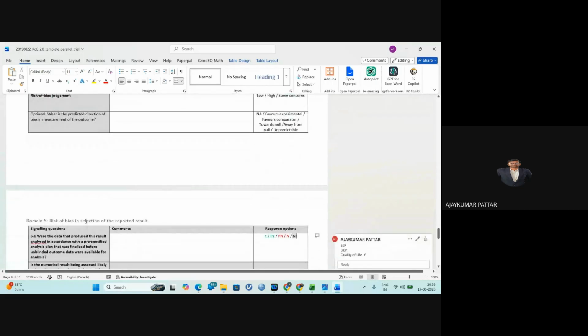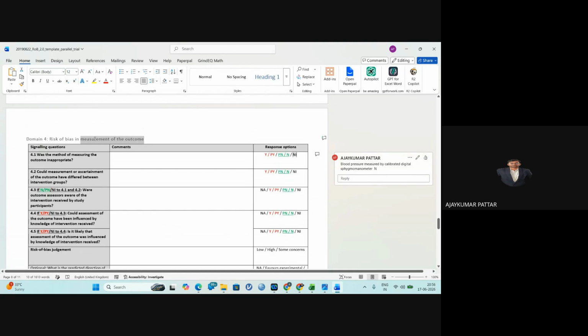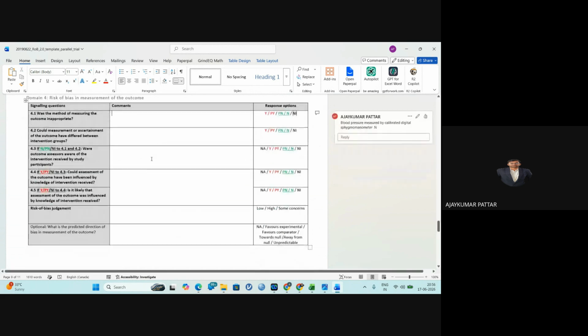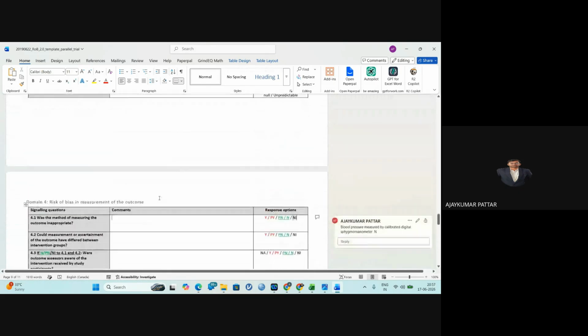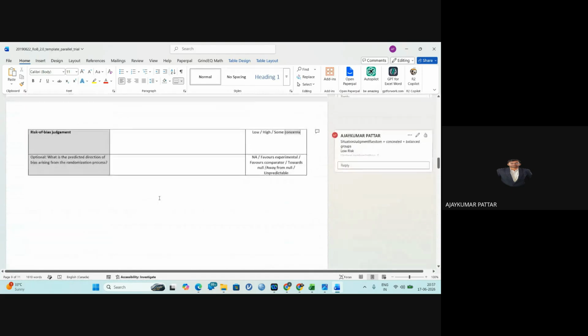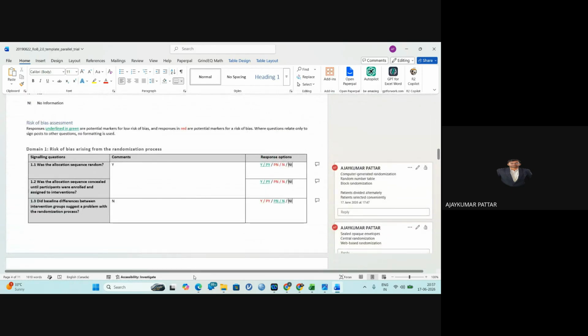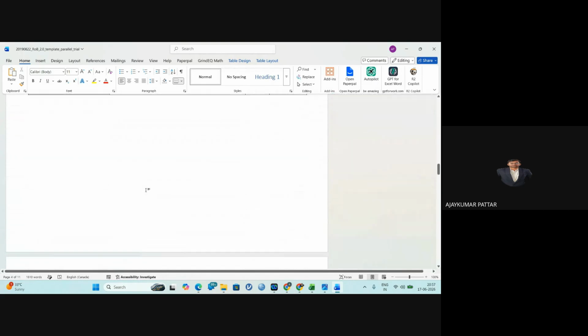We will fill in each domain. They have given risk of bias in the selection of the reported results. They are ensuring whether the given results are trustworthy or not. They have mentioned 5 domains, including risk of bias in measurement of the outcome. If you see the questions, they are cross verifying the methods or reporting of the results in the paper. So this is about filling the ROB. I am showing only one tool, that is ROB2 for randomized clinical trials. Once you fill this for one research paper,